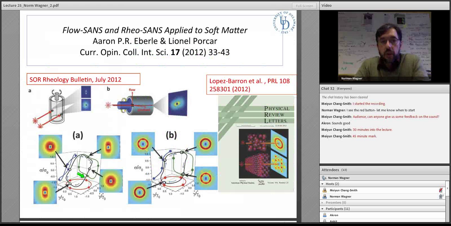So if you want to learn more, again, I point you to this reference. Also, there was some highlighted data of time-dependent use of this instrument to look at large amplitude oscillatory shear in the Rheology Bulletin of the Society of Rheology, and a publication by Carlos Lopez Barron and others that I'll come back to on self-assembled block copolymers using time-dependent 1,3 scattering from the rheometer that was published in Physical Review Letters